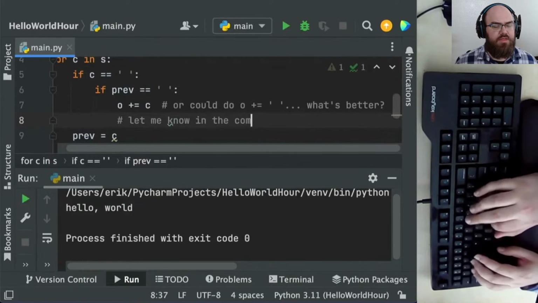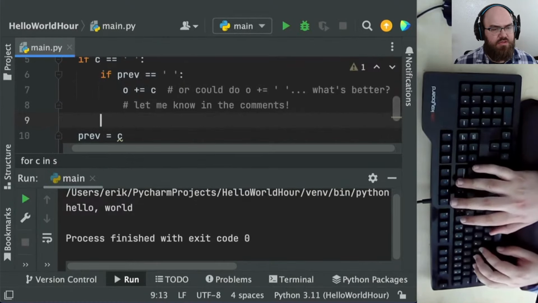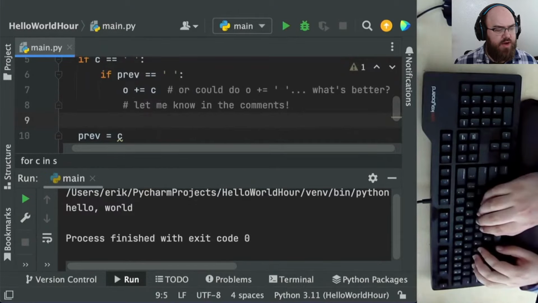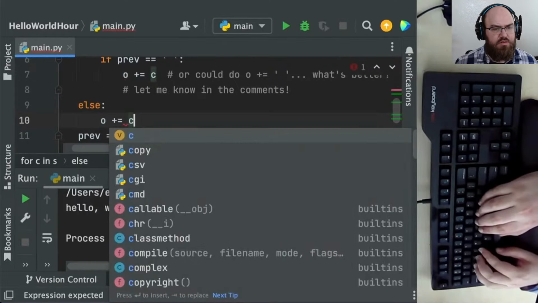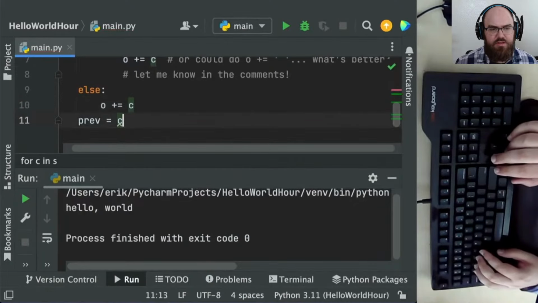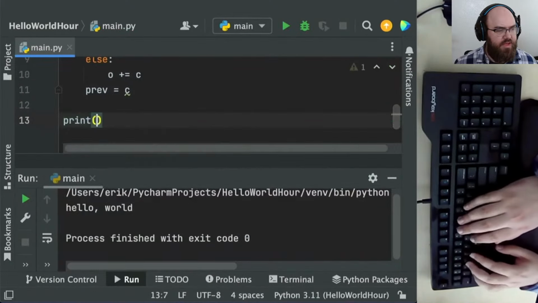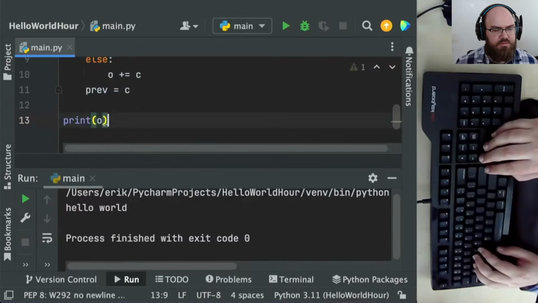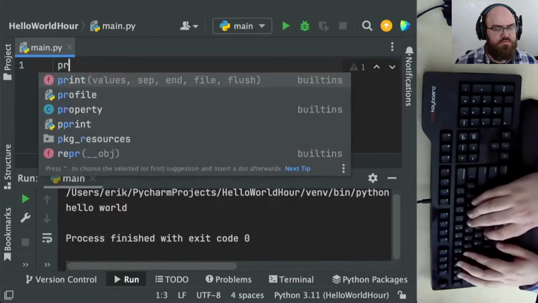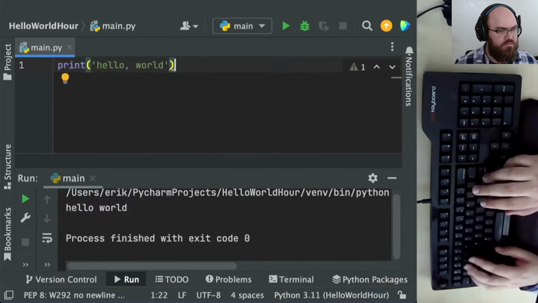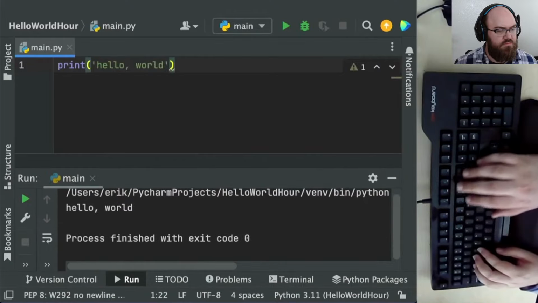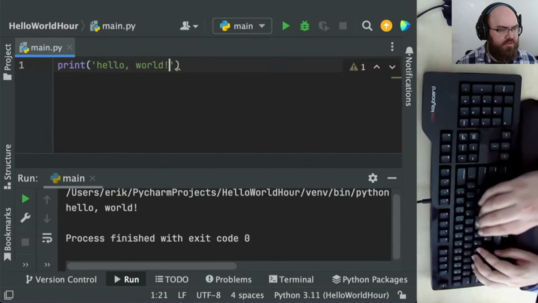Oh, right, because we know that C is equal to space here, so is it better to write the C again or write a literal that has the space character? Probably it's more memory efficient to write the literal instead of having to look up the variable value, but I honestly don't know. We clip that last bit.